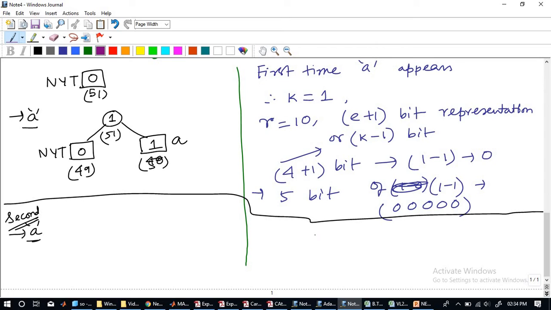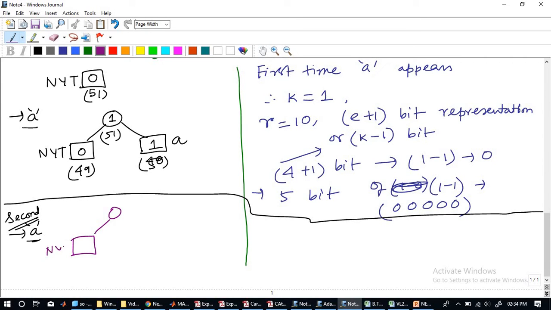Okay, so when the second A appears, the rule was that if it is appearing second time, only send the code for that symbol. You just go back to the rule. When I mentioned that code is equal to NYT plus fixed code, the else condition was else only send code for that particular symbol. So here when A appears, ideally the symbol should update like this.